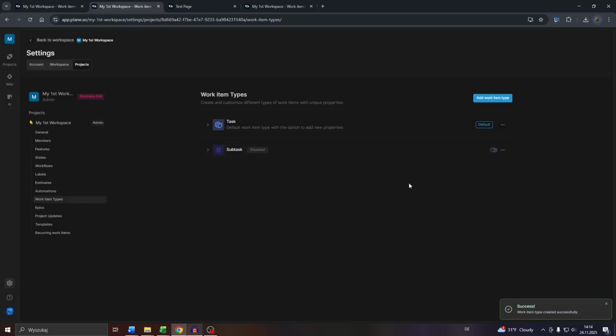And there you go. Now you, of course, will need to enable it first, because if you don't enable it here to the right, it will be set to disabled. So click into it, and after that, you may edit it by clicking into these three buttons, delete it. You may, for example, add custom properties to it, and so on and so forth. And that's basically it,